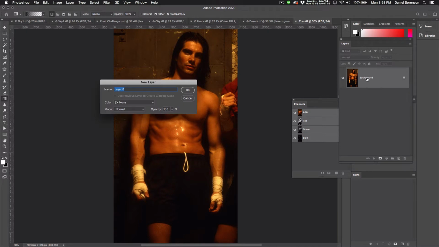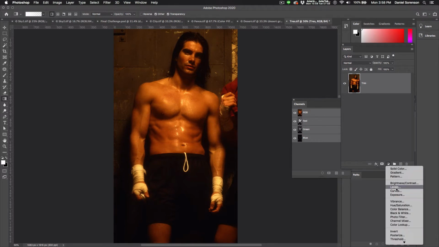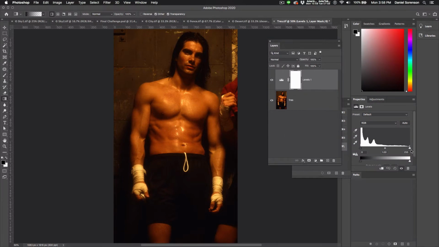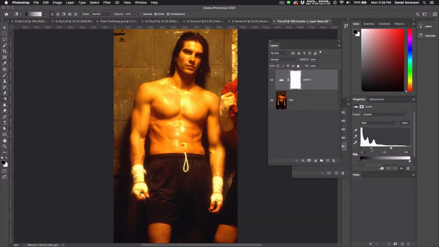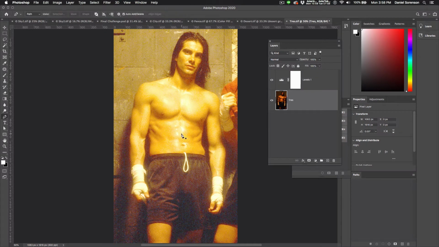So let's first of all start by renaming the layer. So let's add a levels. This will be just temporary, and we will remove it later. I want to be able to see the detail around the bottom of the image, down here where his legs are. Okay, now I'm going to use my pen tool